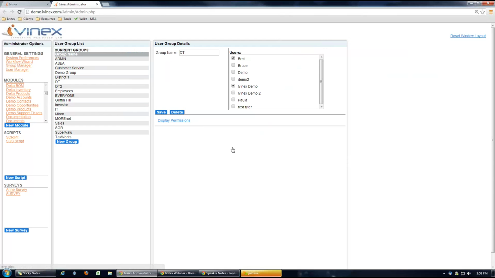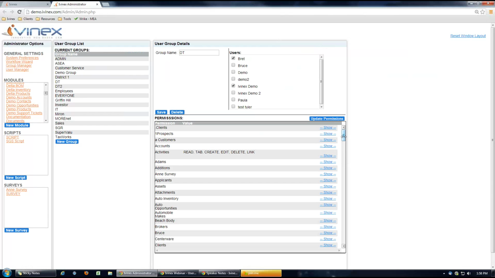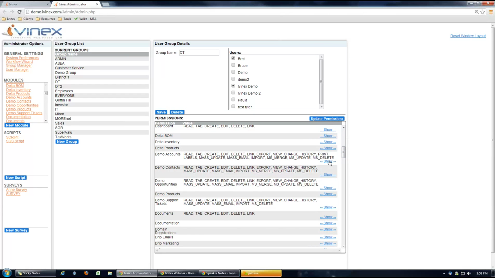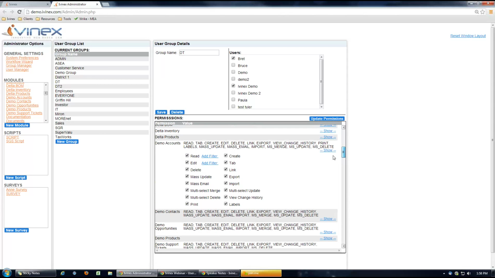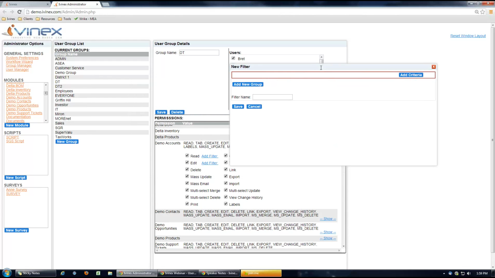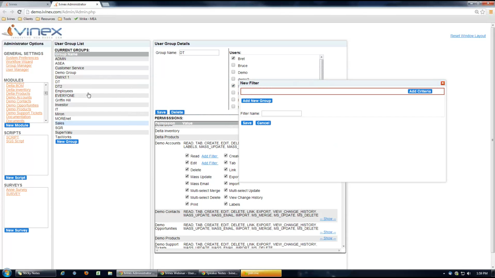Let's do this one. Now, half of what I'm going to say isn't necessarily all about permissions because it's kind of about filtering, but I'll show you how you can set up different modules and filters that are applied right out of the gate that can be a permission-controlled thing or grouped. So let's say for my accounts, the people who I want to be able to read those, let's say everyone in this group can read the records for this module, but maybe I want to do something a little bit more, like